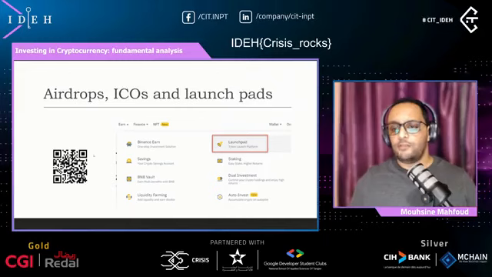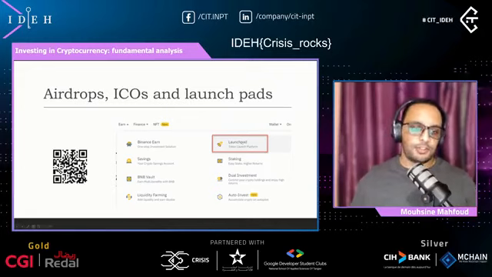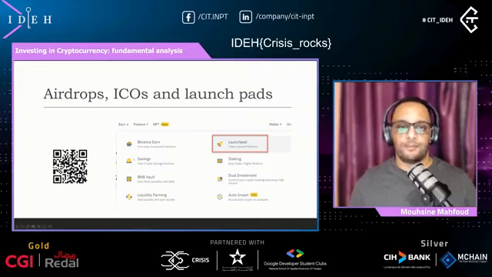If you own BNB coin or BUSD coin, you can lock them for a certain period while the project is launching, and you will get some of the coins for free. Basically, it's not for free, but in exchange for you locking your money for a certain time. You can scan the QR for that.